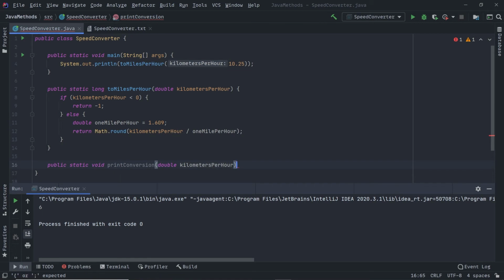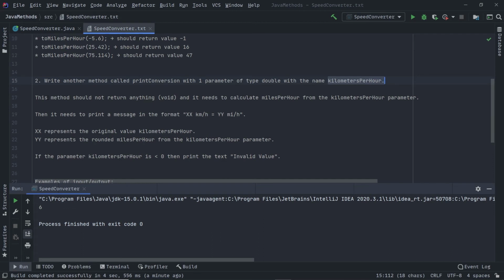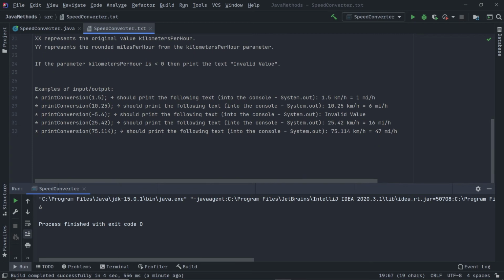And let's read the condition what we need to do there. The method should return nothing, the void, and it needs to calculate miles per hour from the kilometersPerHour parameter. It needs to print the message in the format of XX kilometers is YY miles per hour. Copy this line, XX represents the original value, the parameter. So this is how we need to get it.